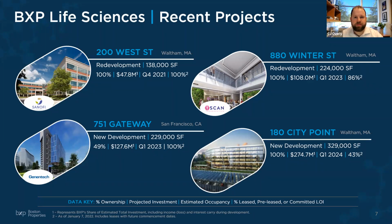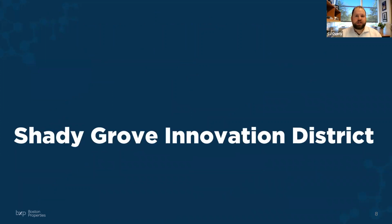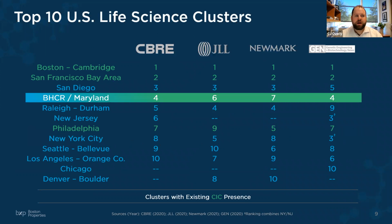Turning our attention here to Shady Grove, I think the first question that many people ask is, what got us interested in expanding our life science business to this region? This won't be a surprise probably to anybody on this call, but the biohealth capital region, and specifically the I-270 corridor, and specifically Shady Grove, is really the epicenter of one of the top 3 or 4 life science clusters